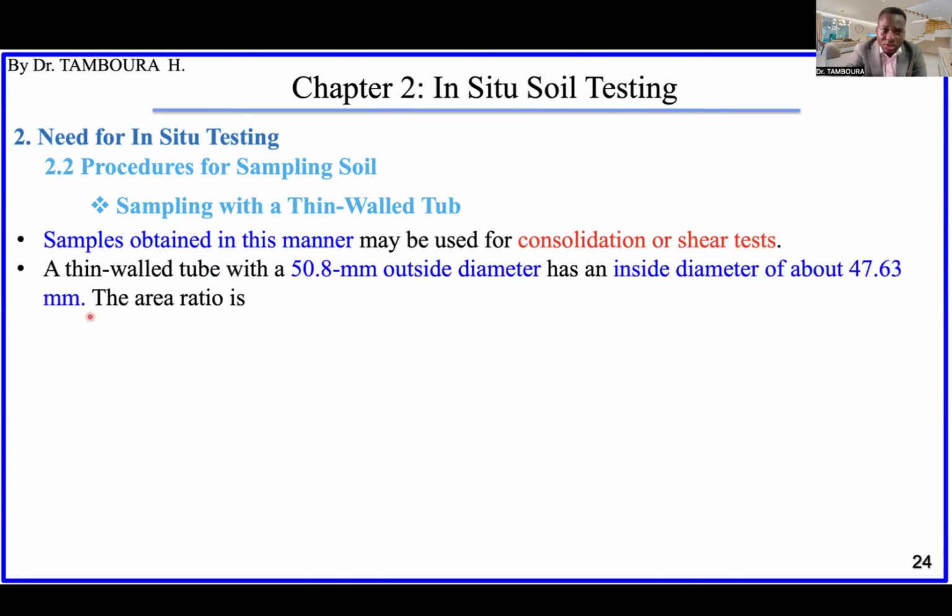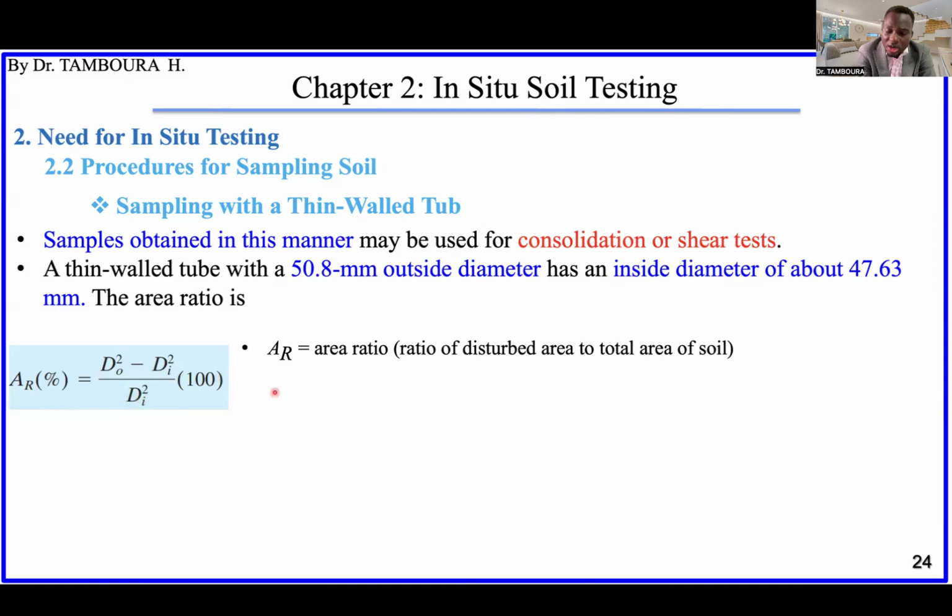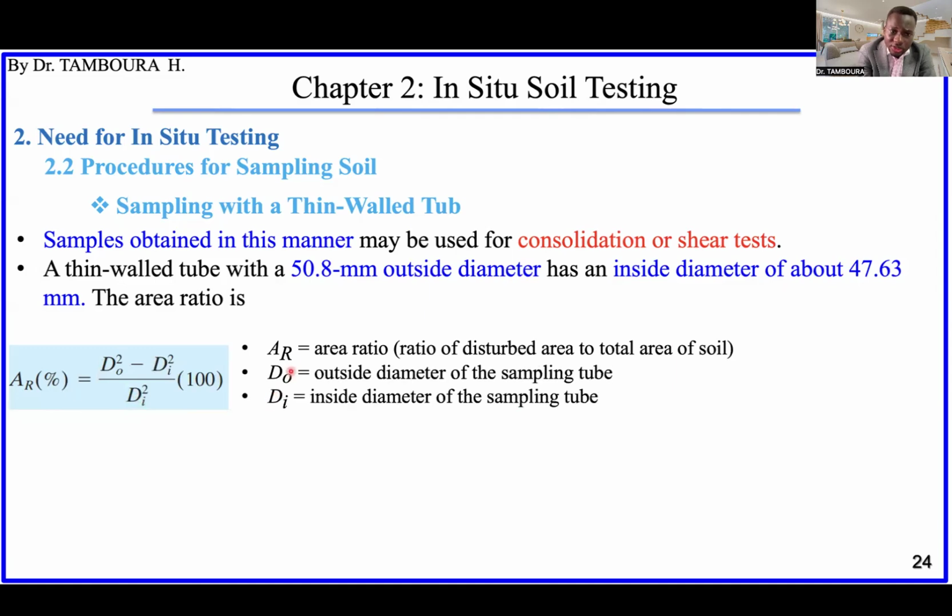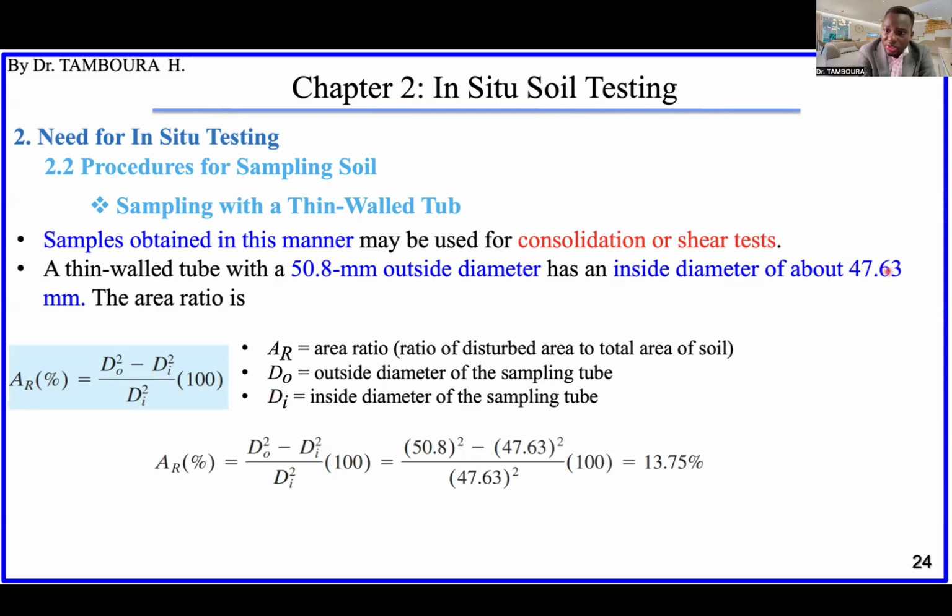If we consider, we have seen that there are maybe two diameters, outer diameter of this sampler. If we take the one that has 50.8 millimeter as outer diameter, the inner diameter for this type is 47.63 millimeters. So you remember this formula, right? We can calculate the area ratio, the degree of disturbance indicator. So this area ratio, you know already the meaning of this. By using this dimension, we can calculate the area ratio, which is here